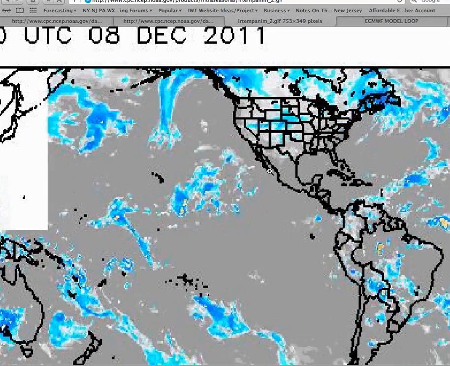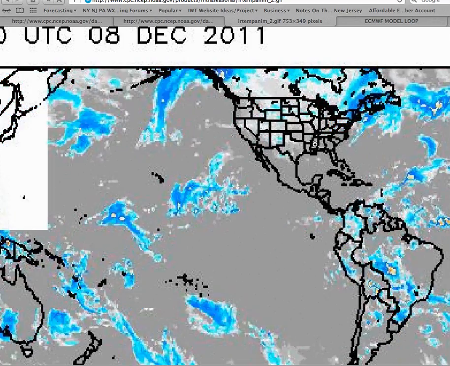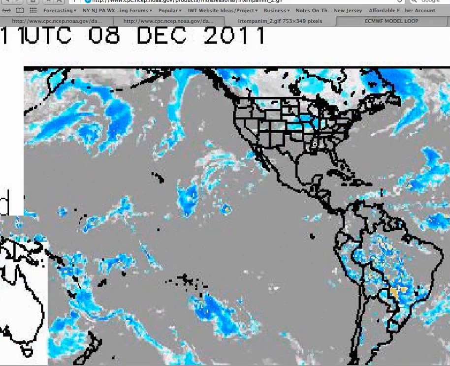Now, because we have a split pattern, what we end up with are rather dynamic and interesting storms that are not like the storms we've seen in the past couple of years, where we see these disturbances dive south, phase, and bomb out off the east coast. Now, they'll still happen, but what we're going to be dealing with also is what we call isentropic lifting type storms. Those are the type of storms where warm air is trying to invade to the north, but cold air is dominating the northeast and the northern mid-Atlantic, which leads to storms that feature snow, sleet, freezing rain, rain back over to snow, that whole mess.